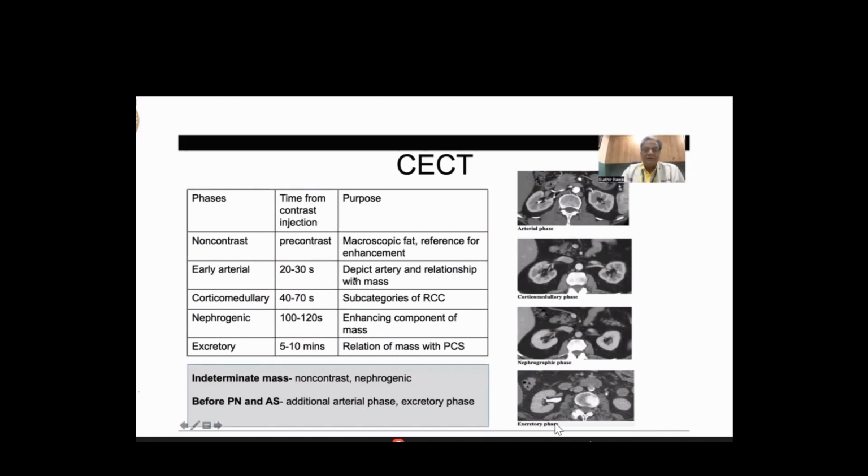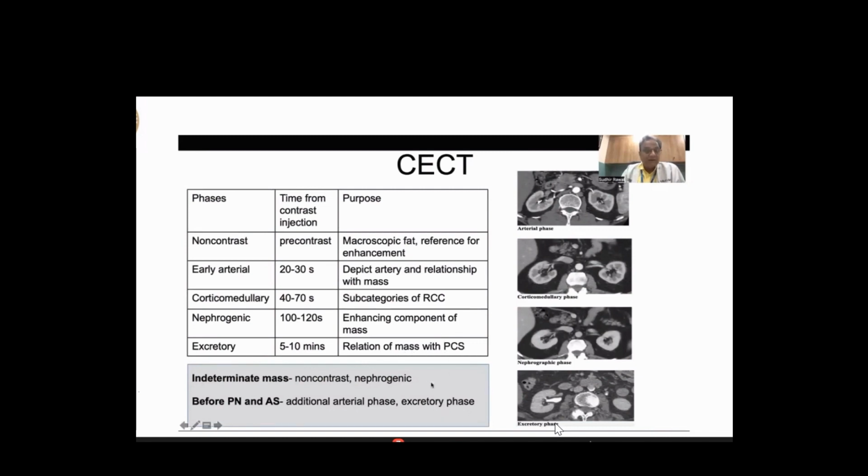to 30 seconds. This depicts the artery and the relationship with masses. Then corticomedullary phase, 40 to 70 seconds, subcategorizes the RCC. You can see whether it is oncocytoma or something else, or papillary; you can detect it on CT scan. Then there is a nephrogenic phase, which enhances the component in the masses. Then in the excretory phase, which is after 5 to 10 minutes, this gives the relation of the mass with the